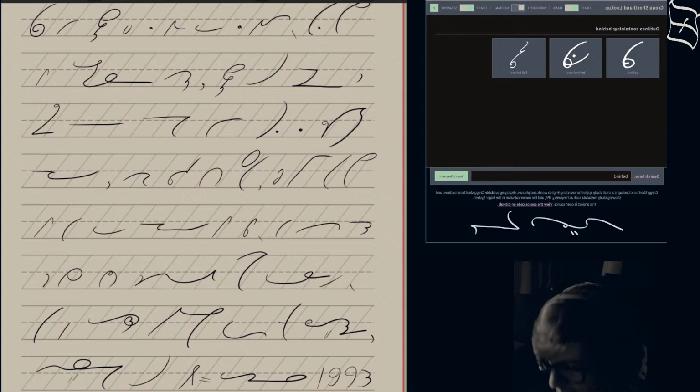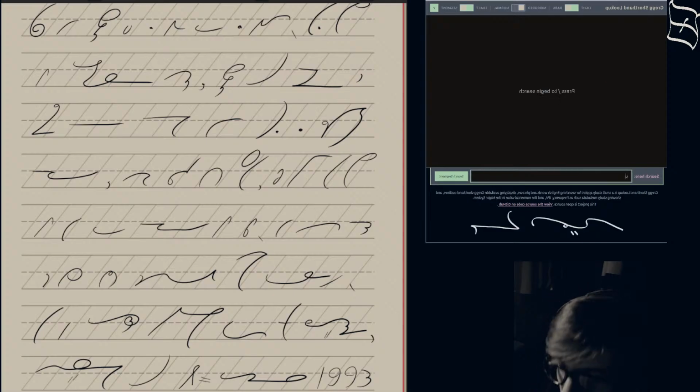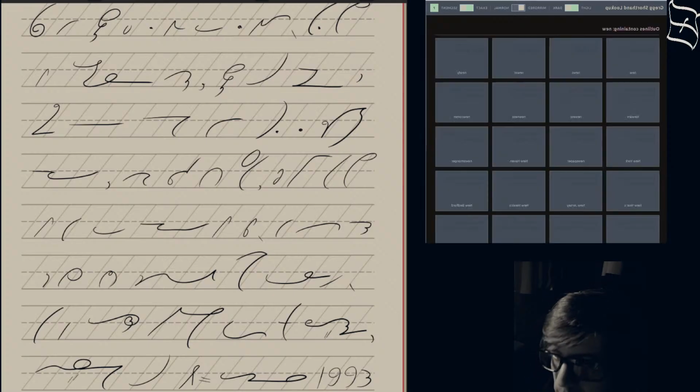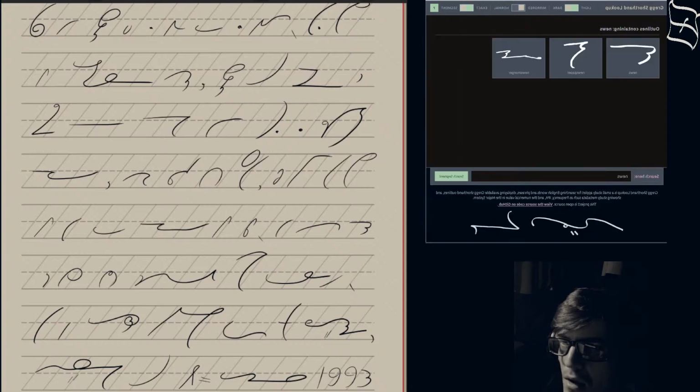Is news or is it just in US? Yep, that's news. The good news, go ahead and straighten this up just a little bit here. So we need to make this news a little bit more of a curve.